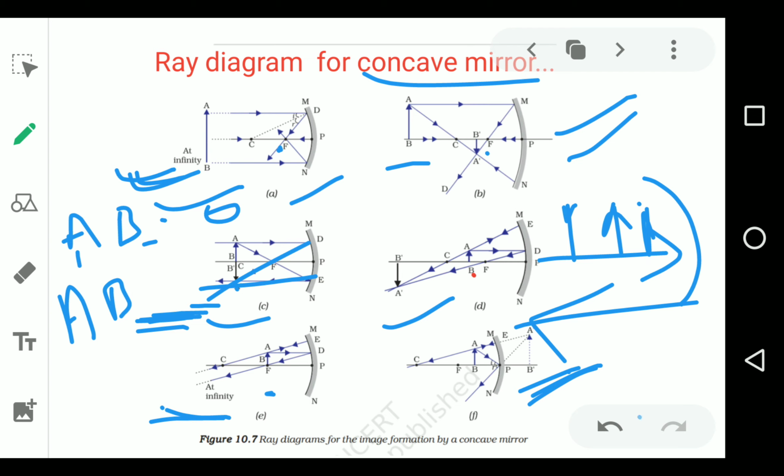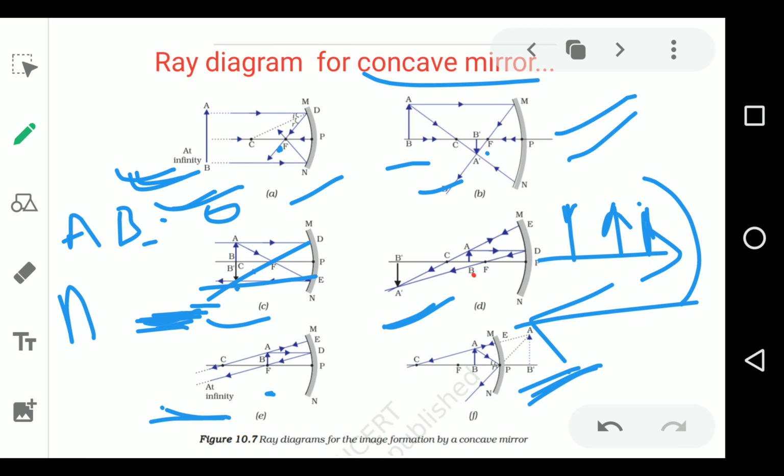Okay, so here you can see the object position is towards the upside, and here the image is towards the downside, and it is also the same in the case of the C figure. The object is towards the upside, the image is downside. So when they are oriented in opposite directions, the image is said to be inverted. Okay, and it is getting formed on the reflective side. In all the cases it is getting formed on the reflective side.